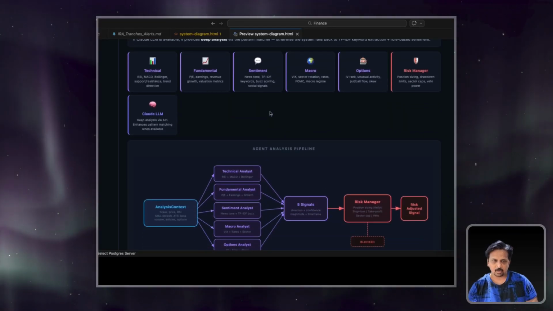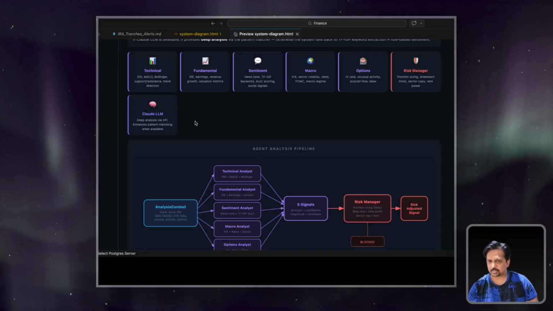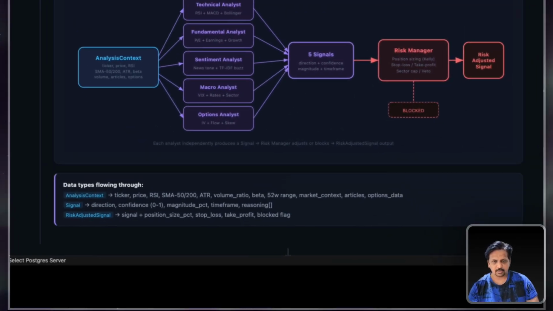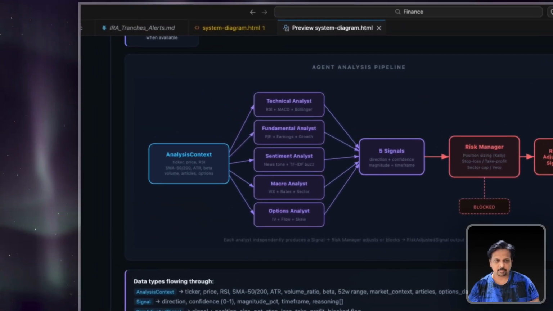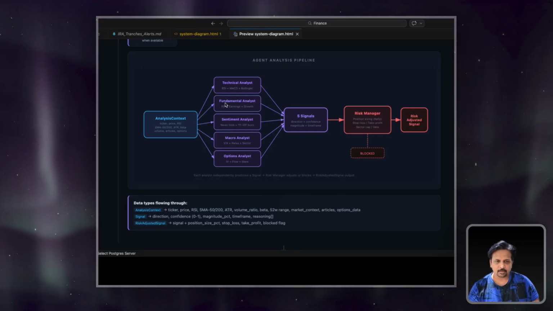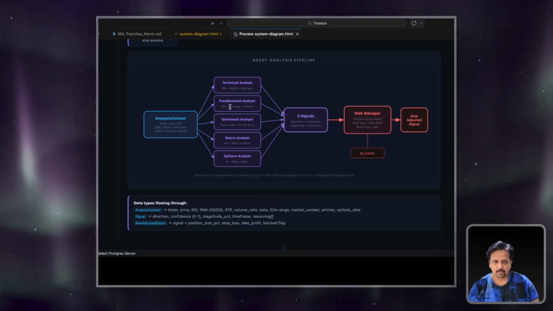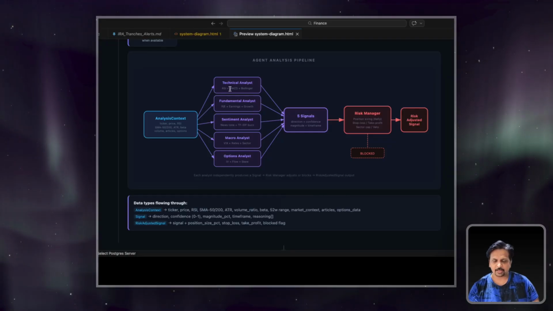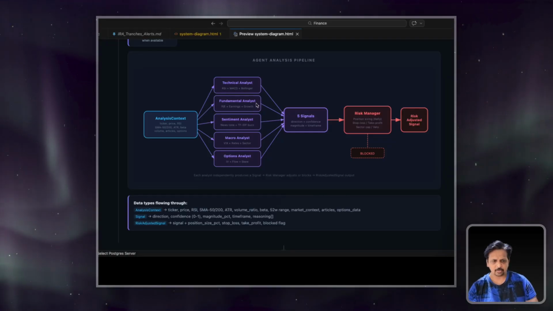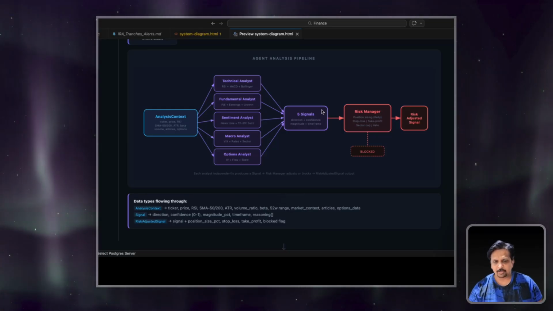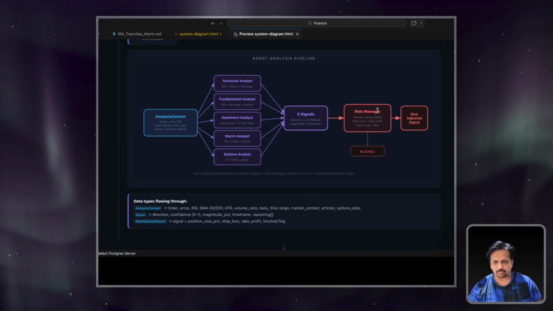And it uses the Claude LLM, which is one of the best in the market today. And after that, it does the agent analysis pipeline, right? So this is a diagram of how it analyzes it. And if you look at it, it does all the P/E, earnings and growth analysis, which is a fundamental analysis, RSI and MACD, Bollinger, right? So all this analysis happens in parallel, and it aggregates all the 5 signals, and it runs through the risk